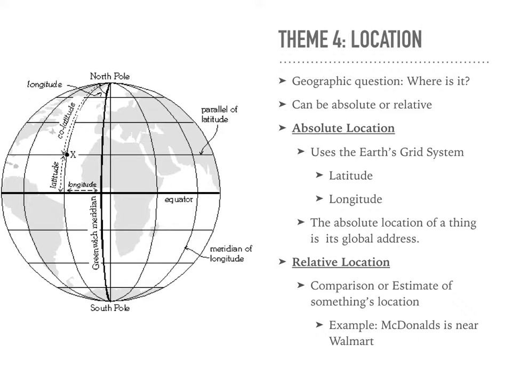Relative location is a description or a comparison of something's location to somewhere else. For example, McDonald's is near Walmart. Or McDonald's is on the corner of Goodman Road and Airways. Or